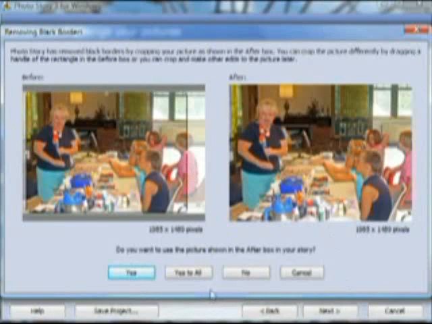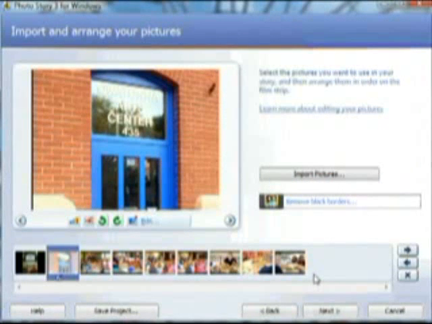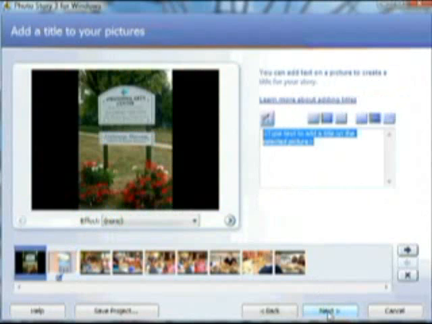And as for all the other ones, we're just going to bypass the rest of removing the black. But we could do that to all of them. We also could do it automatically to all of them if we so choose. At this time, let's hit next. And we need to place a title on our movie, so we'll say